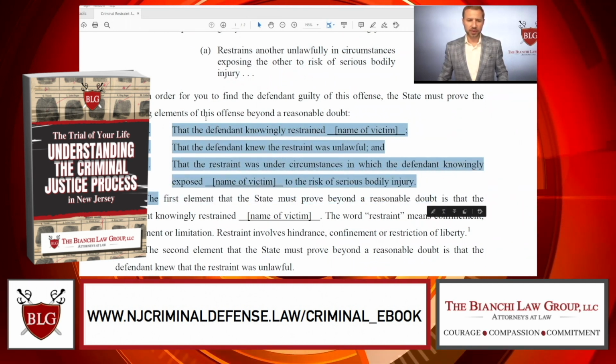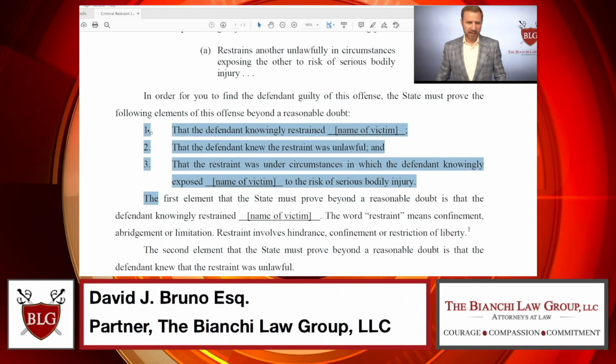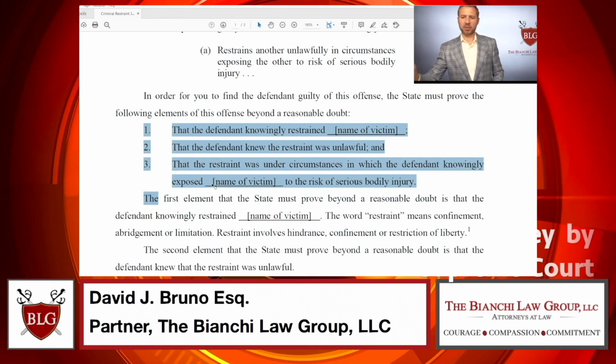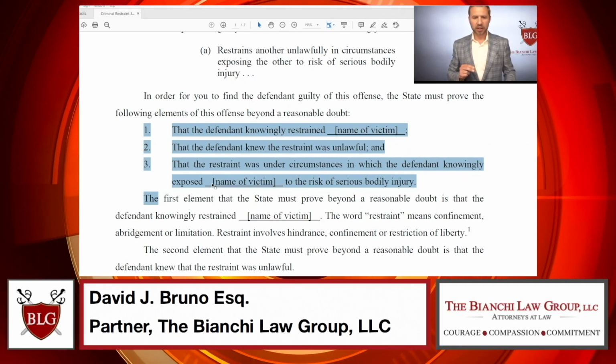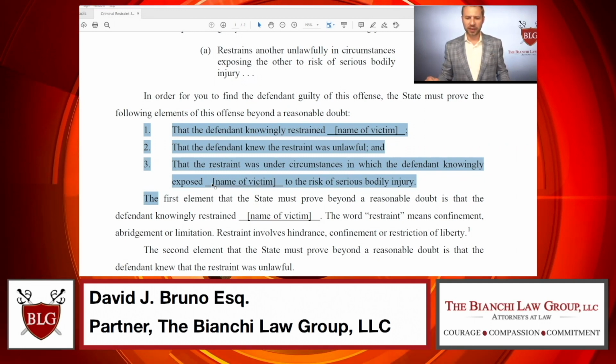Now, there's another video I did on this, similar. It's called the lesser included of false imprisonment. It has both the first and second elements the same. It's just the third that's different. So in the false imprisonment element, it requires that the restraint interfered substantially with the victim's liberty. Here, it requires that the restraint was under certain circumstances in which the defendant knowingly exposed the victim to the risk